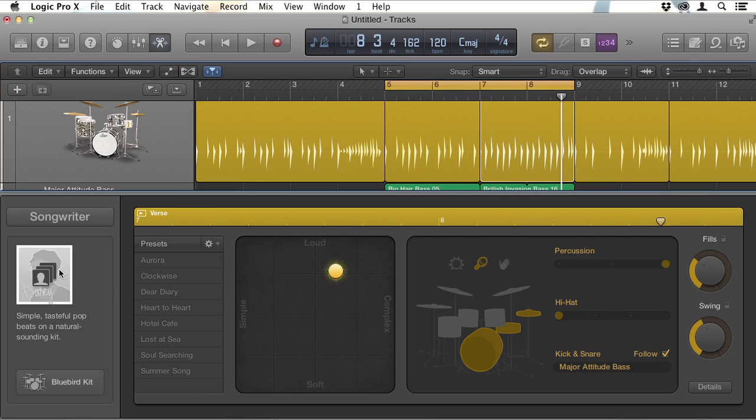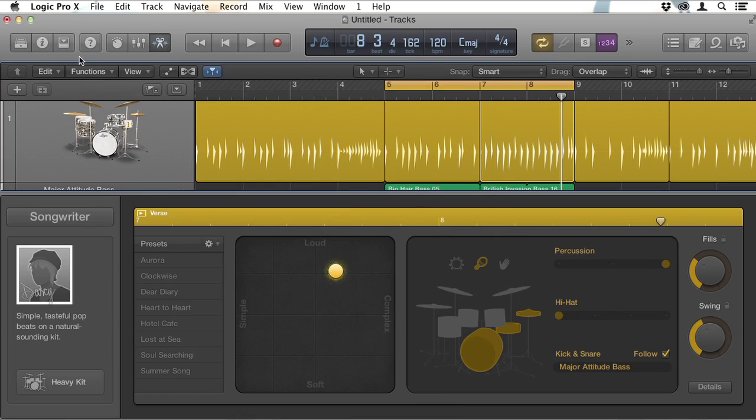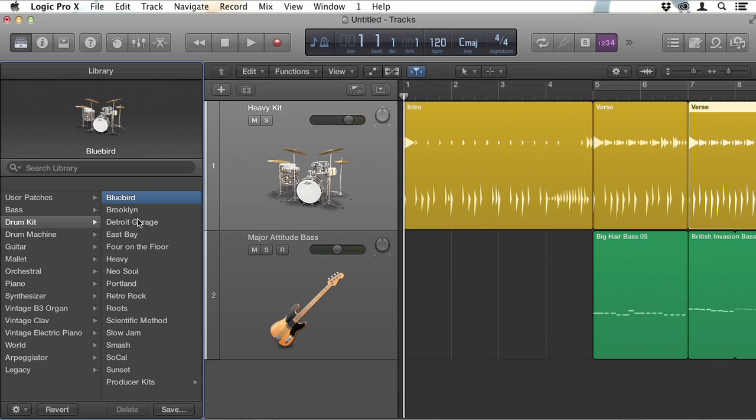You can keep the session drummer you've chosen but change their kit. So at the bottom you just click on the kit and in Drum Designer pick the one you want. I like hearing Darcy play the heavy kit. Big difference. One of the other great things is that if you open your library, you don't have to play